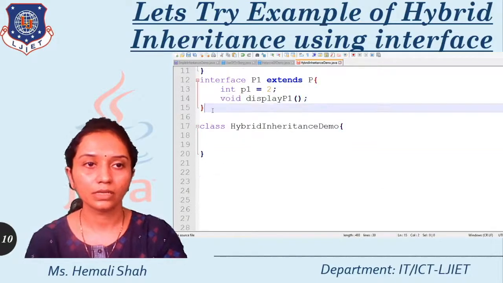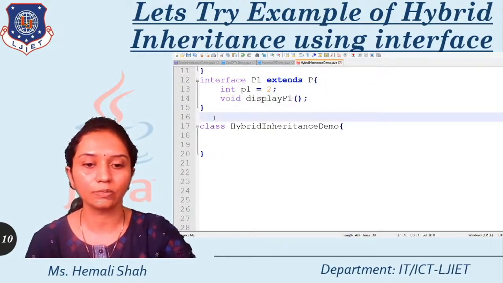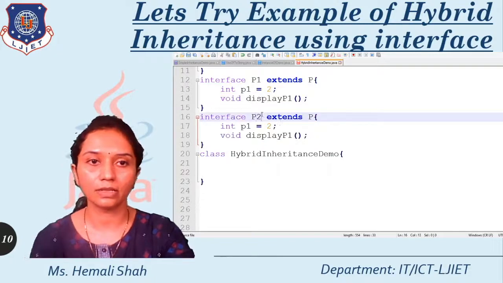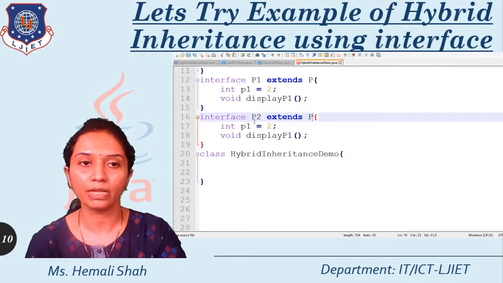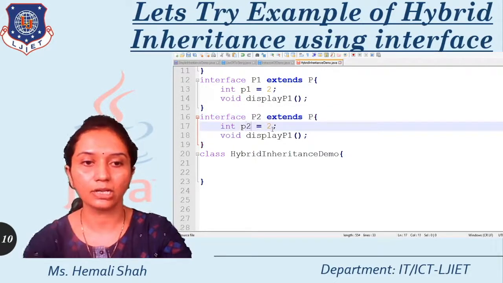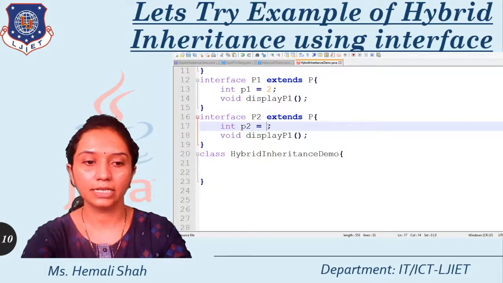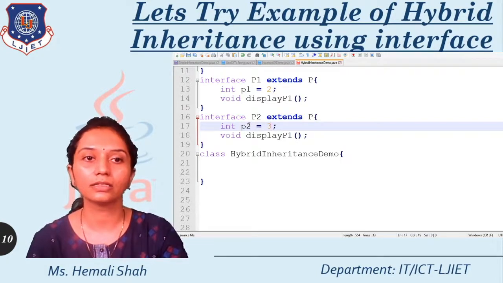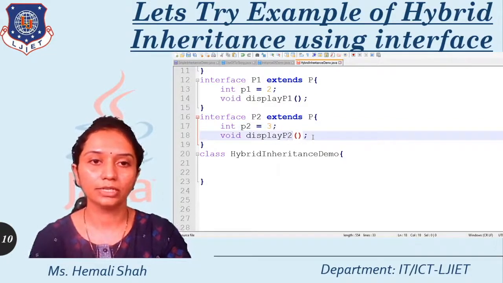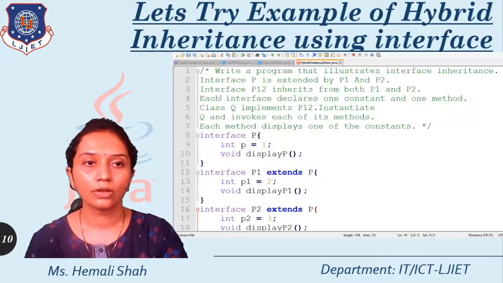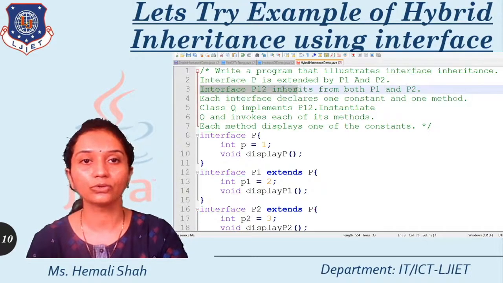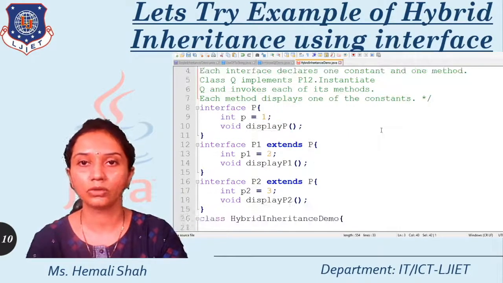Now as per the definition, create one more interface, give the interface name p2, and it extends p. Here I am creating constant p2 with the constant value 3. Now create the function display p2 as an abstract function in this p2 interface. Now the next sentence of the problem statement: interface p12 inherits from p1 and p2.